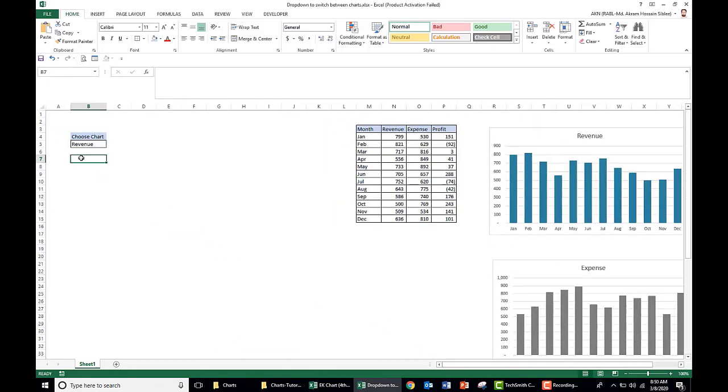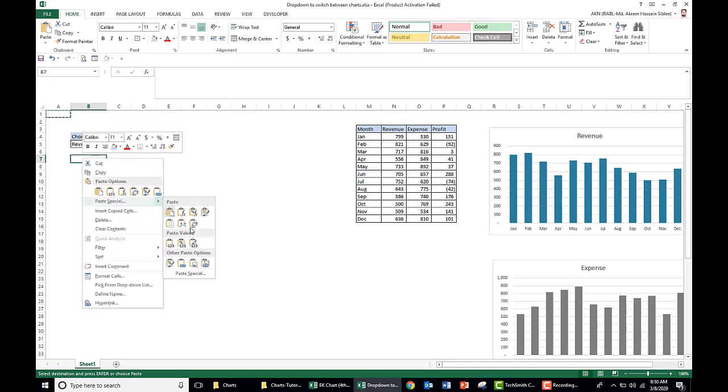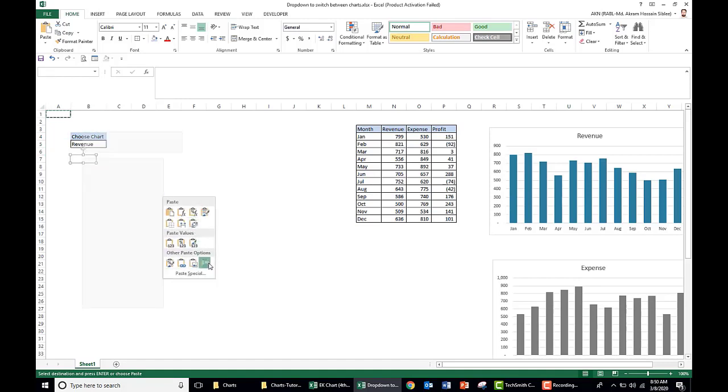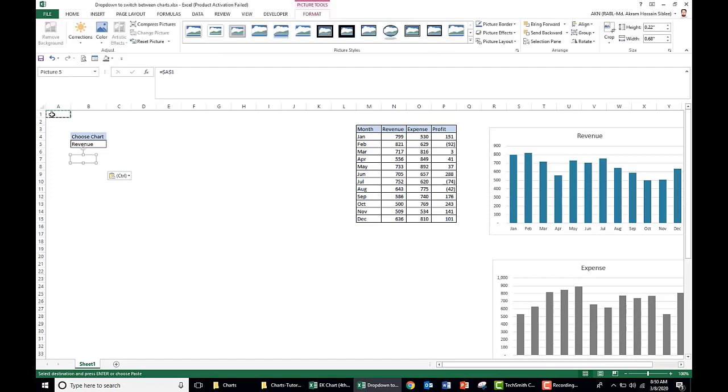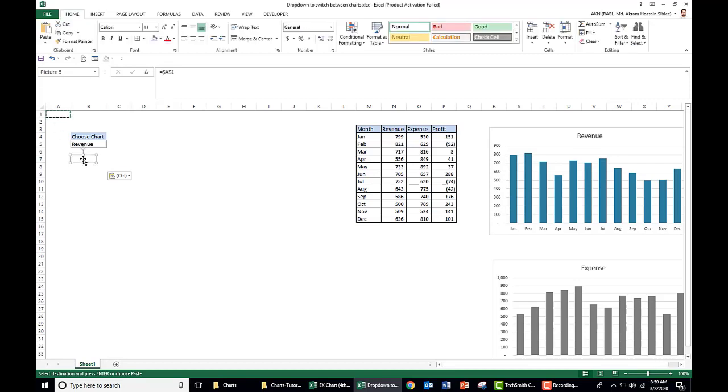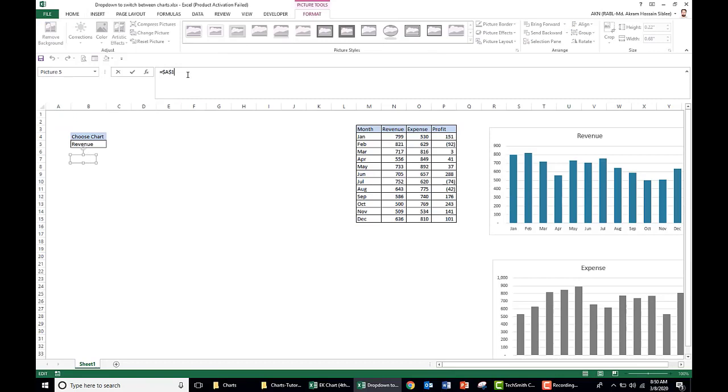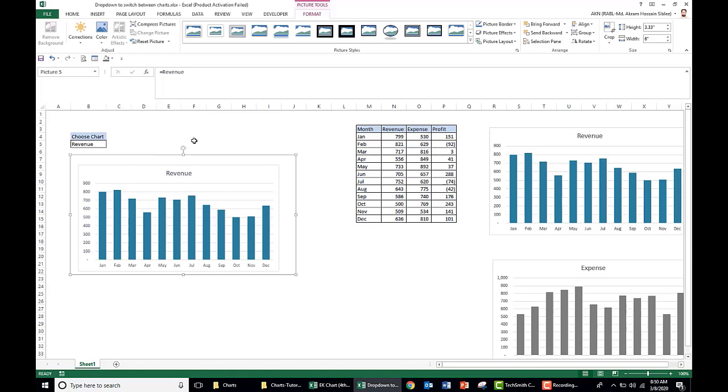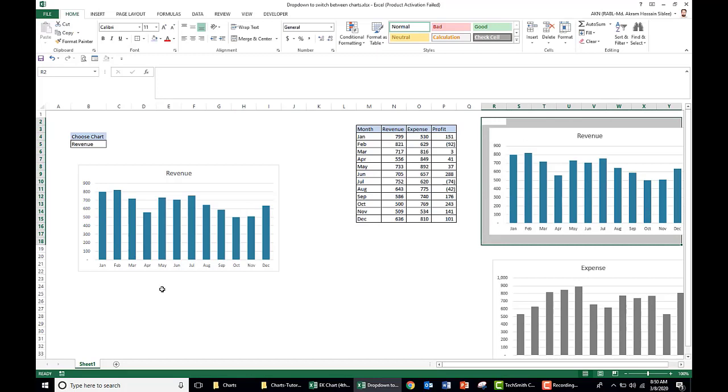Now we come here again, we just copy this cell and paste, right click and paste as linked picture, meaning that what is available in this cell is shown as a picture of this cell. Now we can change this here as we created the named ranges. Say if we write revenue, so this is the named range of the revenue. If we choose it, this named range, this area, is showing here.